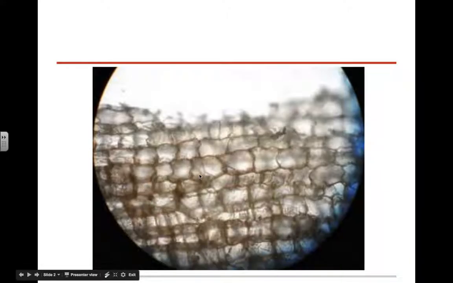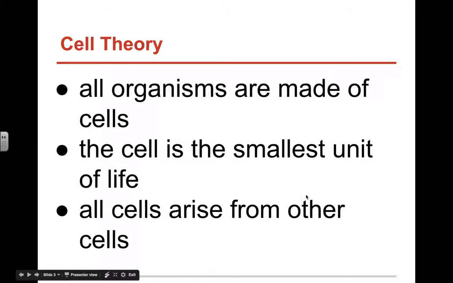So he thought, well, maybe this is in all living things, right? And it turns out that they are. So the cell theory, notice it's a theory, not a law, because it's pretty hard to test this. It's something that we have an overwhelming amount of evidence for, but it is slightly difficult to test. Why? Because it's all. All organisms are made of cells. Okay, well, we haven't found an organism that's not made of cells yet.